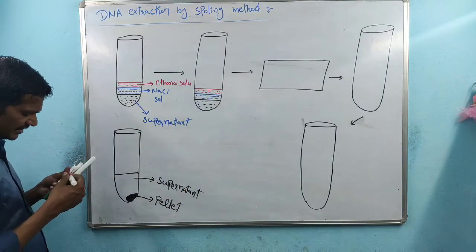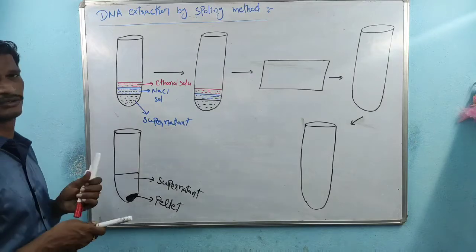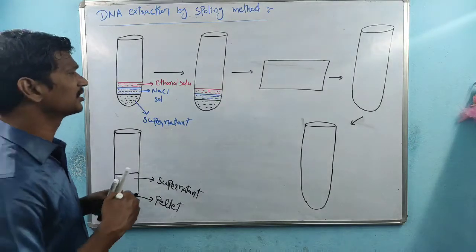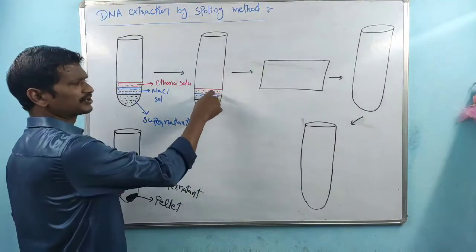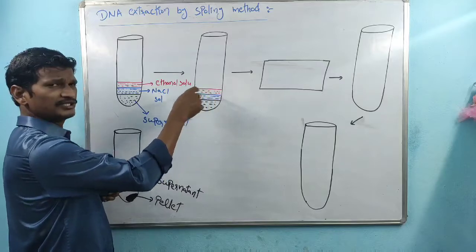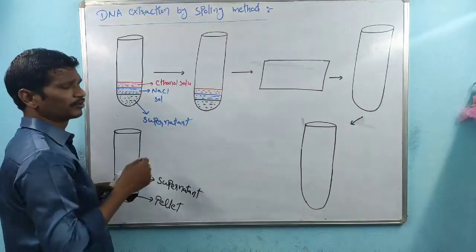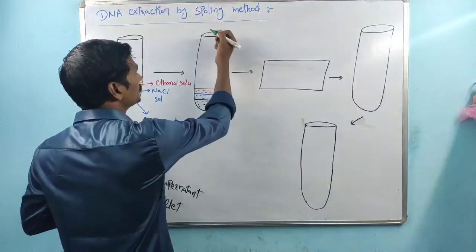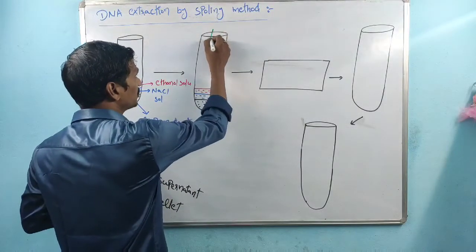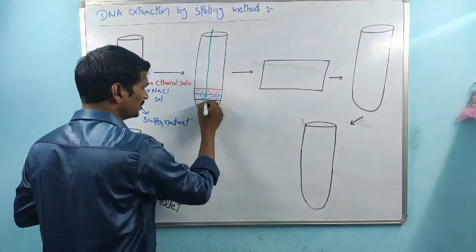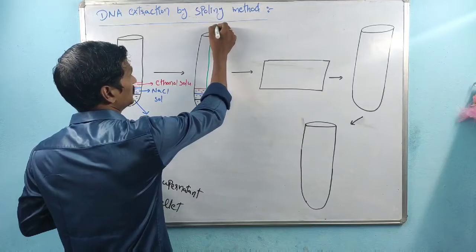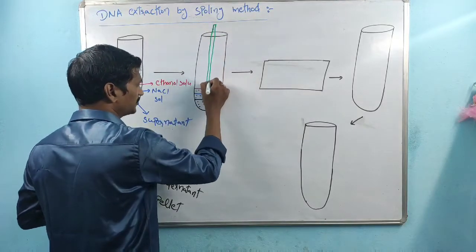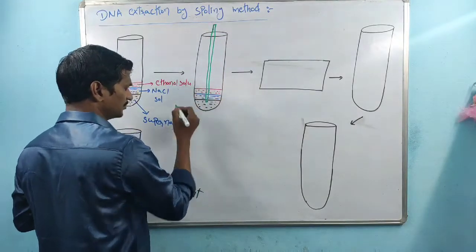After that, we need to dip a glass rod. Both these are added very slowly, by the support of the walls of the test tube, right? Next step, we need to dip one glass rod. This is the glass rod. If we dip the glass rod very slowly,